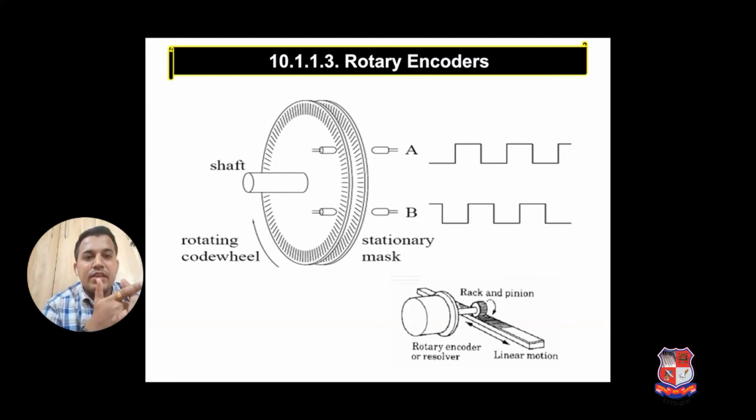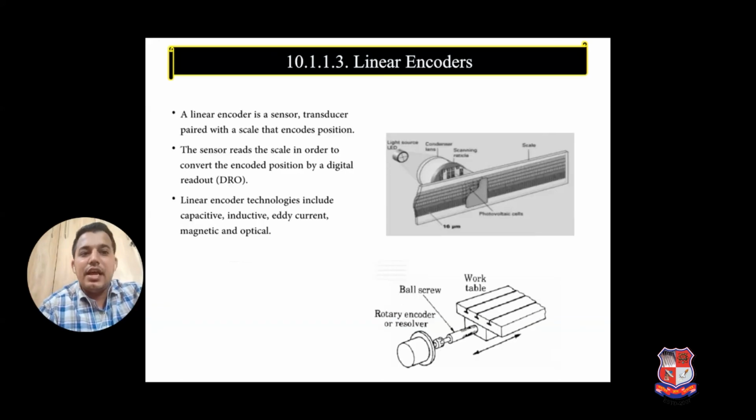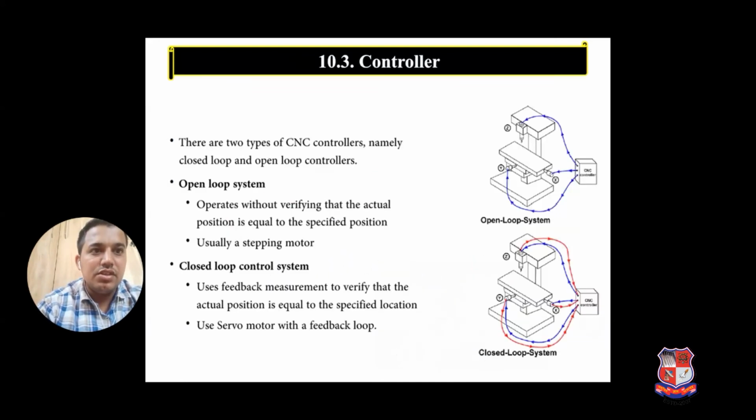For spindle, or we can say table rotation by the ball screw nut, for that purpose we are using a rotary type encoder. Then the linear encoders. So linear encoders have the linear positioning sequence. Okay, so it will give the linear position of the table, left and right, table inside or outside, and spindle may be from up to down. For that purpose we are using a digital readout, the DRO system.